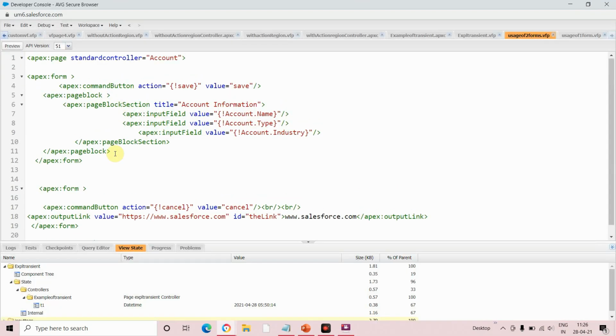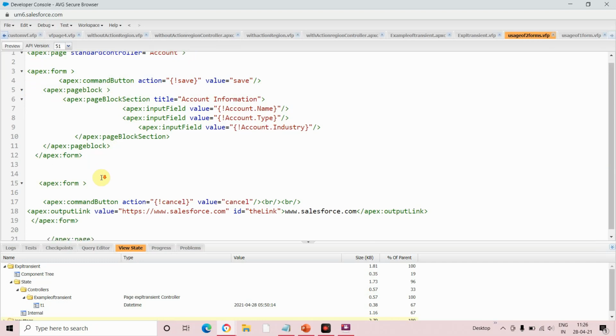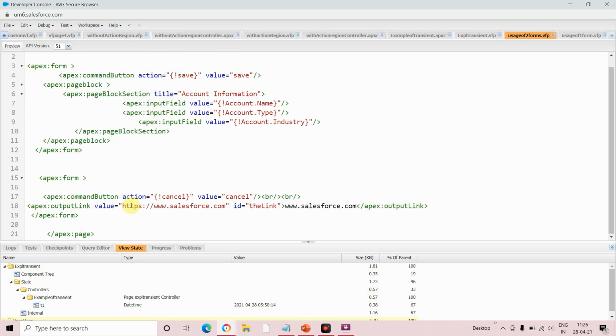See here, I have made use of an account form. From here to here I have used one form, and from here to here for displaying the command button called cancel and the output link, I have segregated into another form. Like this, two sections were displayed here.